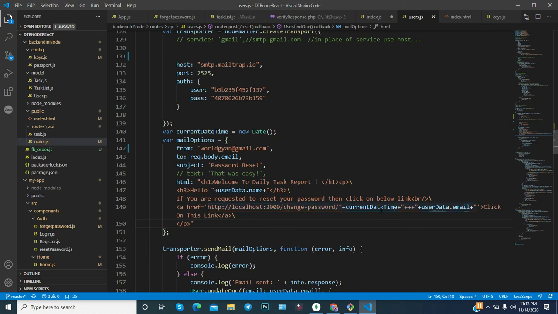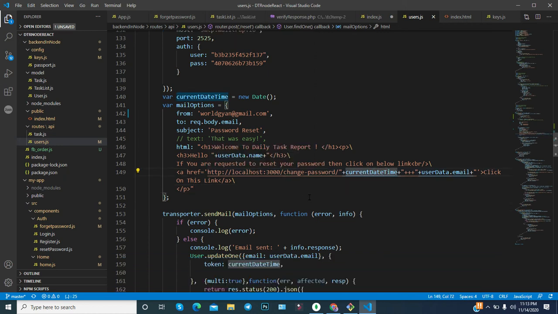This information will go, and the mail is attached with this link, and this link has the current time and the user email ID in the URL. It means that at the React end, or the front end, you have to verify the time, like 30 minutes or 60 minutes, meaning the expiry time.